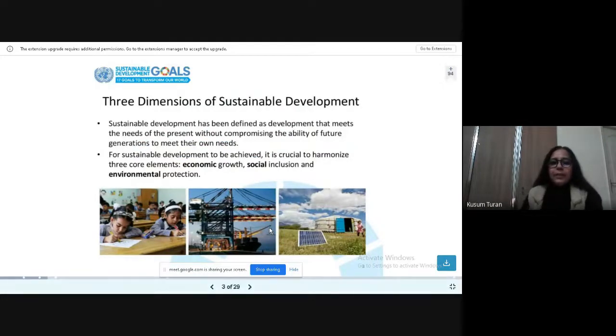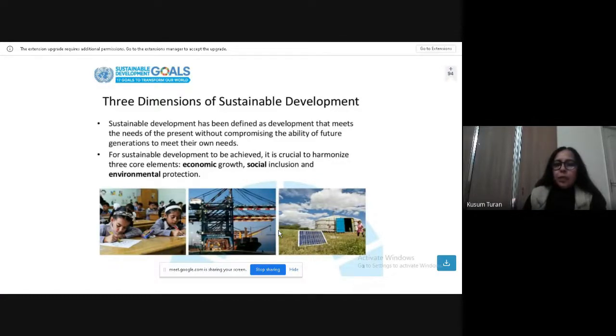Now, what is sustainability? Sustainability is that we use our available resources in a way that they don't get depleted and they remain for the future generation as well. So we have to look for three basic things when we are working on these goals: economic growth, social inclusion, and environmental protection. And we have been hearing about projects related to these issues, especially climate change and plastic reuse or plastic pollution. We have been listening to these problems around us.